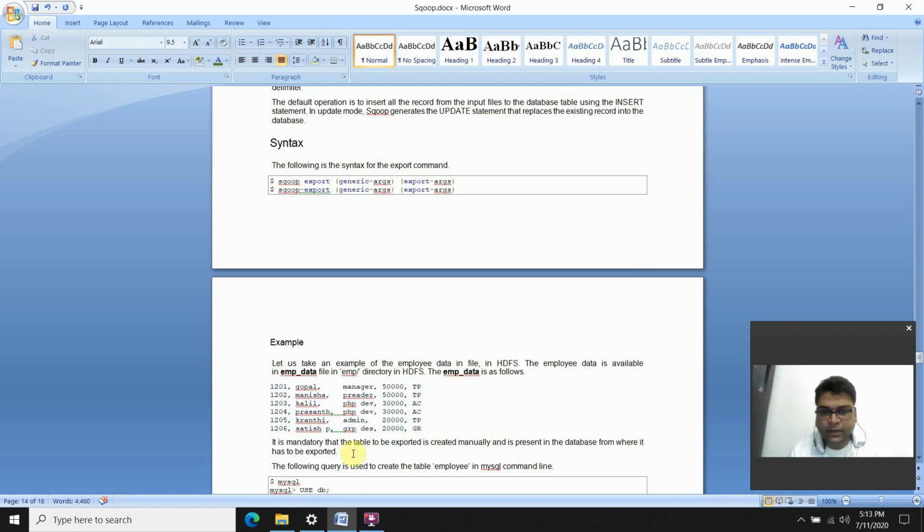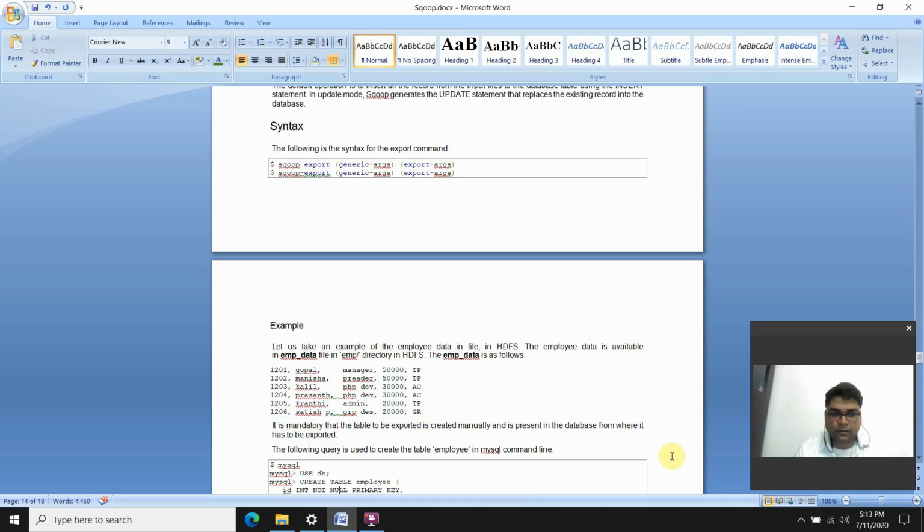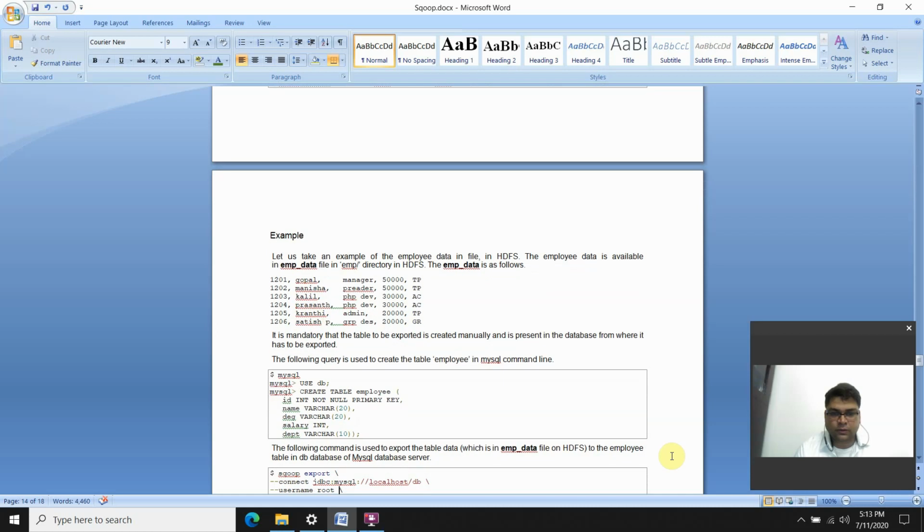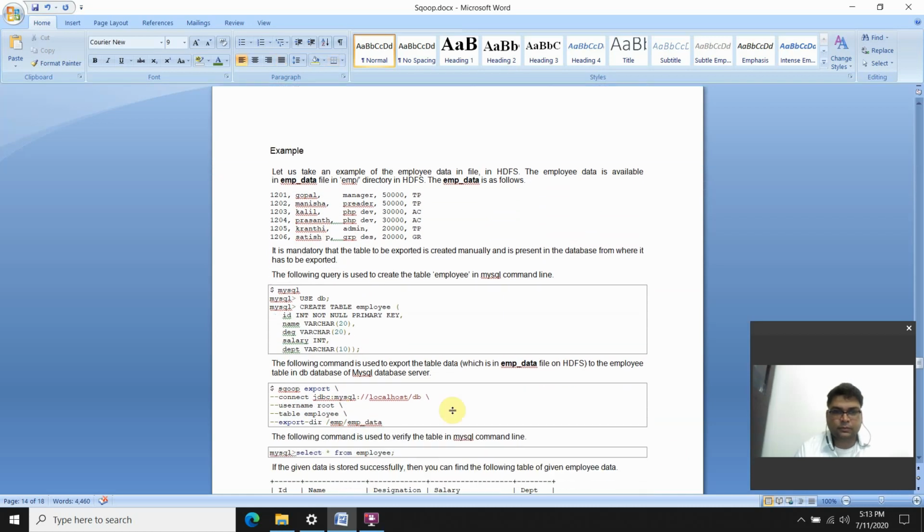It is mandatory that the table to be exported is created manually and is present in the database to which it has to be exported. So this is an important thing. Here we are creating a table before we try to export.